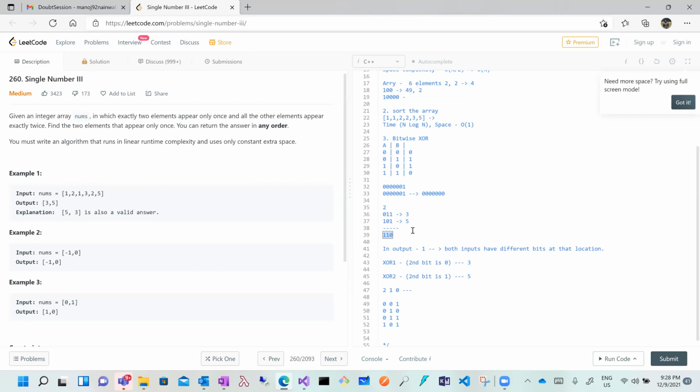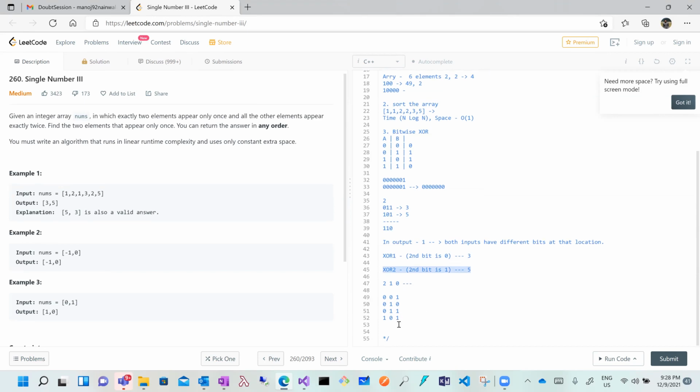Now, take any one position, not just two. You can take this position as well. If the bit at the second position is 0, just XOR it with XOR 1, and if the bit position is 1, XOR it in XOR 2.